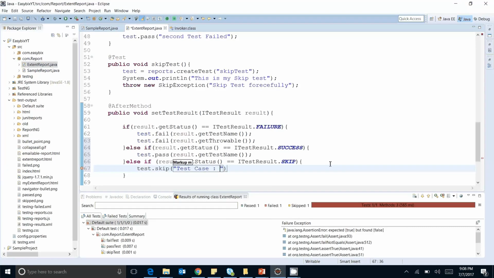I will put the test case name like result dot get test name, and put the message has been skipped. Done.